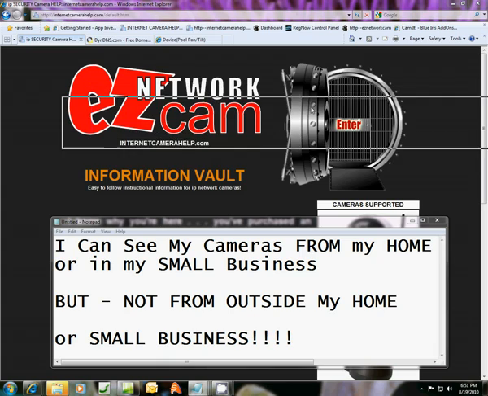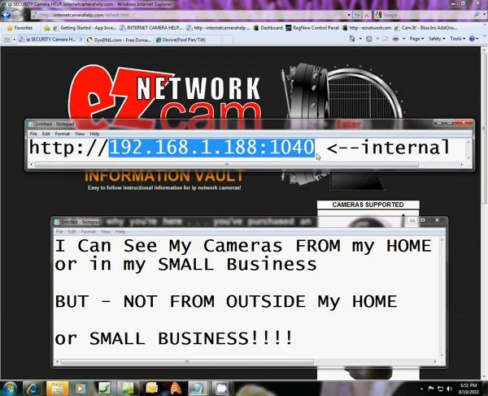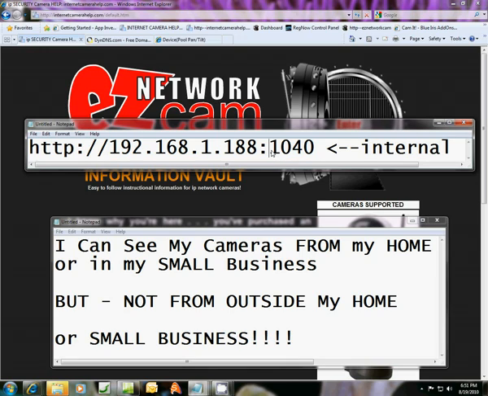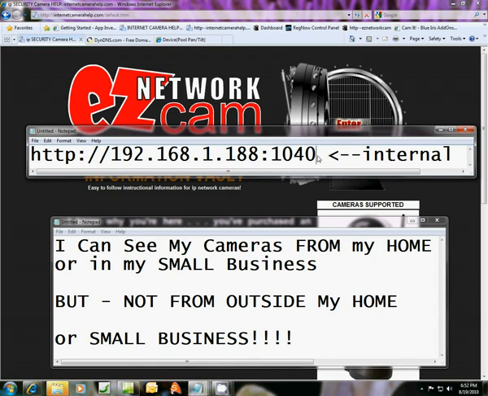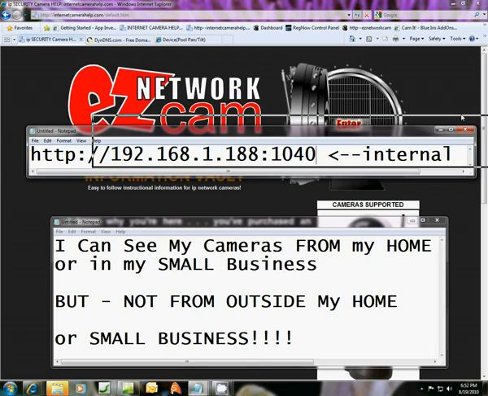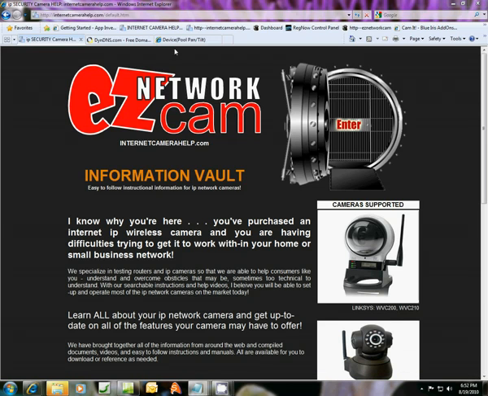because what you're probably entering is your internal network address for the camera, which would be something like this. And what this is right here after the colon, after your internal address, is the port. And you'll want to see port forwarding tutorials on this, which are also here, and you'll want to do that first. But while we're here, if you've already done that, what we're going to do now first is just look